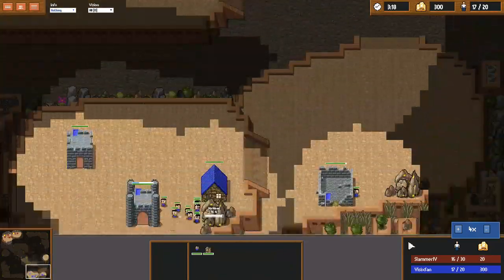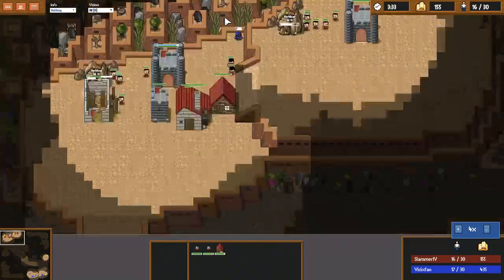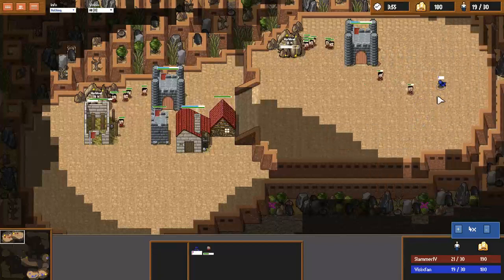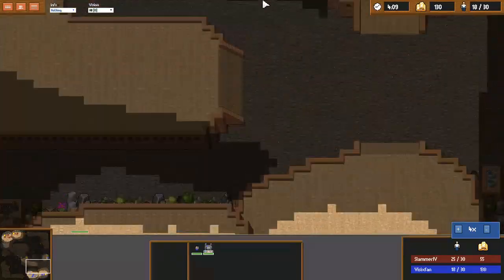So as we look at our opening build orders, nothing too exciting is going to be happening. I block off with workers. Unfortunately, one gets through, but because he's hurt, I can just pull a couple workers and eventually hunt him down. Visixfan is going to go for a very fast...